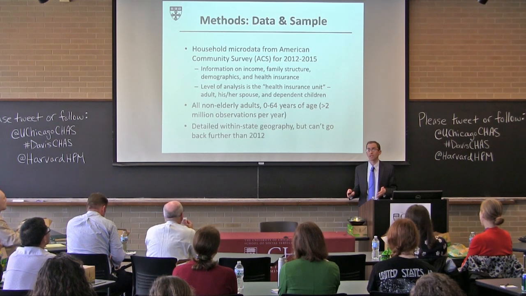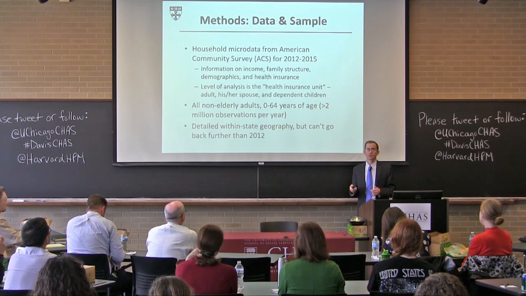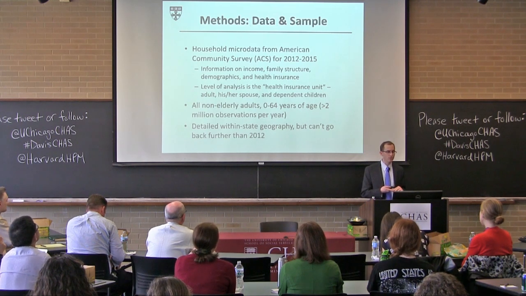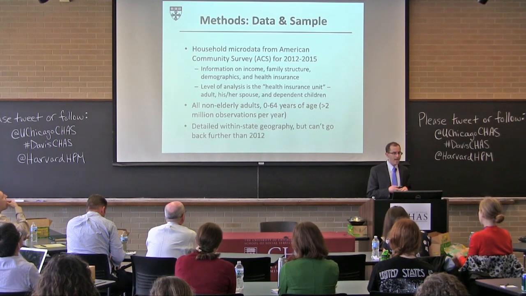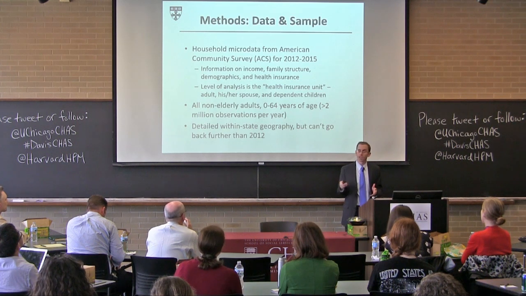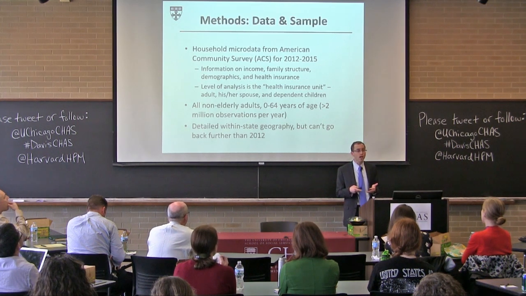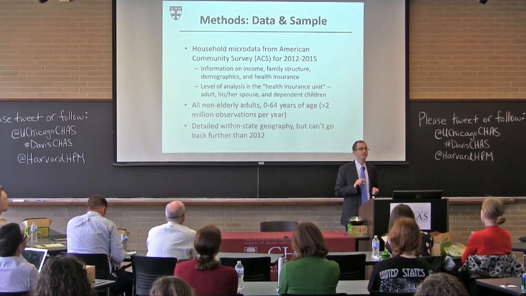It's the country's biggest household survey. And we developed these household measures. We put everybody into these health insurance units, which are basically family units for the purposes of coverage. And we're going to focus on people below 65, but including children. And the good thing about the ACS is it's huge. So you get 2 million observations per year,